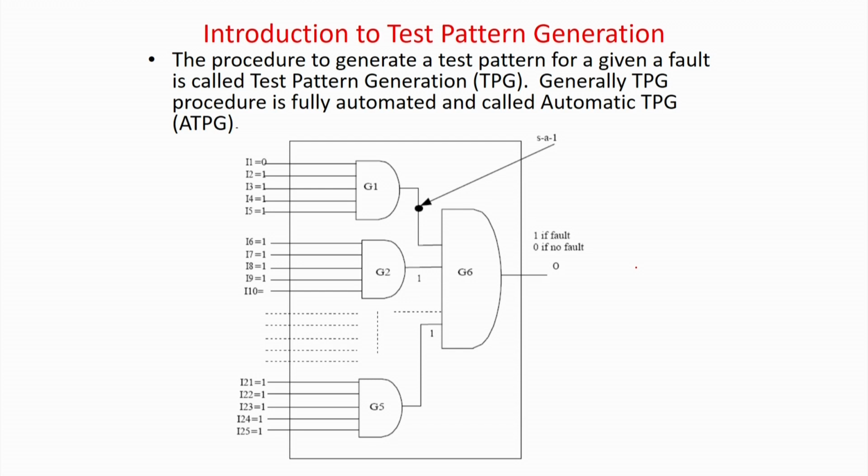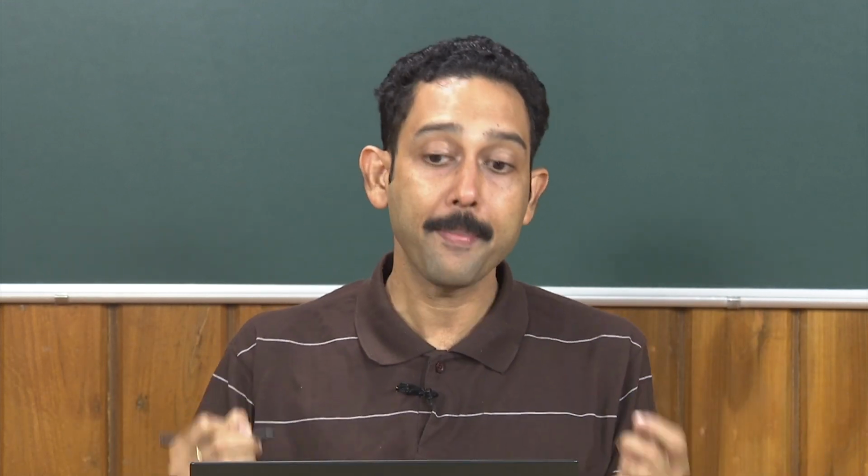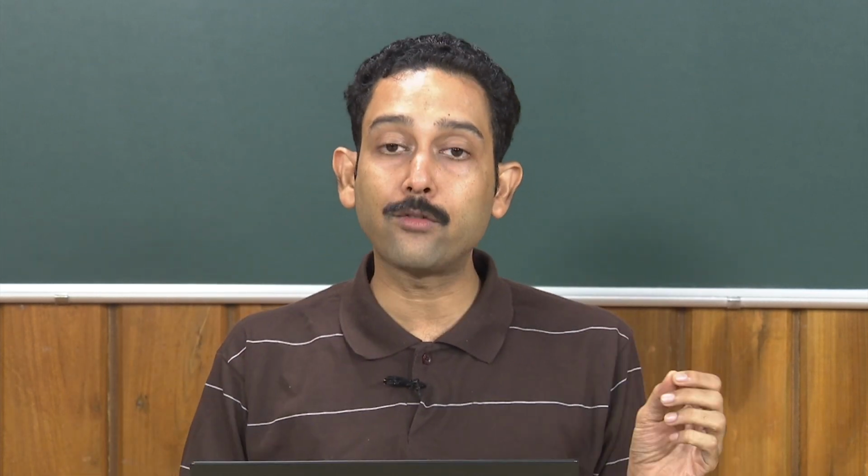Now, the second concept: given a fault model in a given circuit, will I manually generate the test patterns? Is it possible? No. In functional testing, there is no solution, because the engineer has to know the functionality of the circuit and he has to generate the test patterns manually. But in case of structural testing with fault models, we can automate it. So, this is actually called automatic test pattern generation algorithms. The algorithm will generate the test patterns for you.